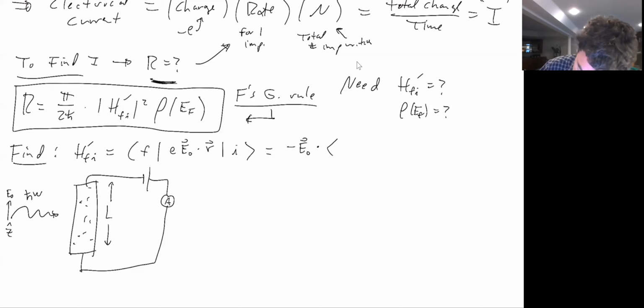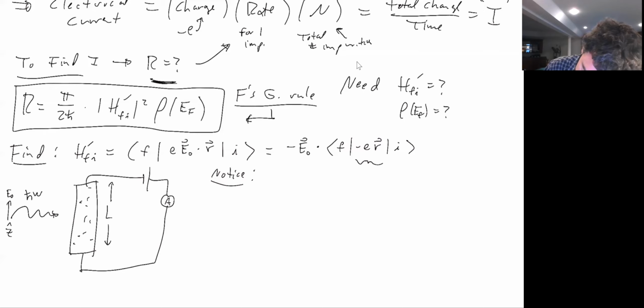Minus E naught dot final minus E R initial. I'm just rewriting it a little bit. And the reason I'm rewriting that is because of something just to notice, a silly little thing to notice, is that if I write it like this, then I can see that